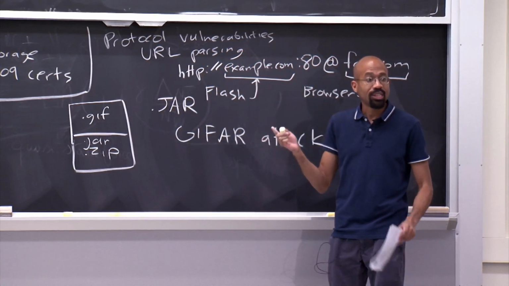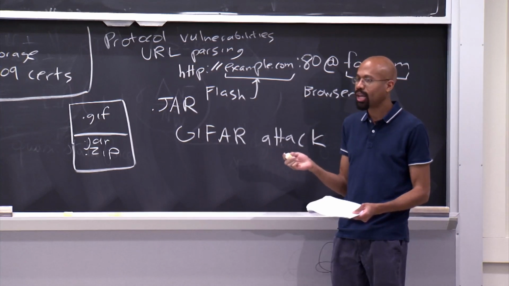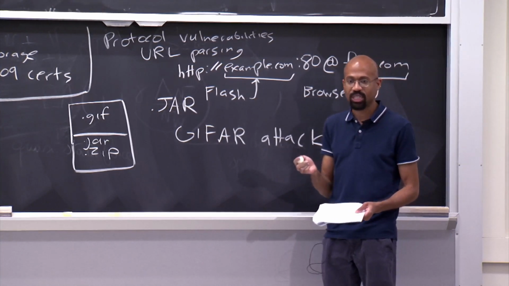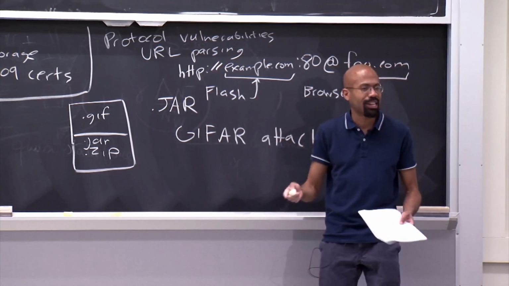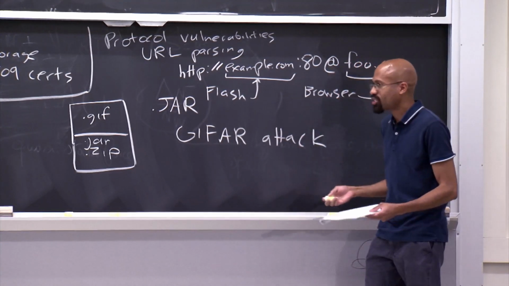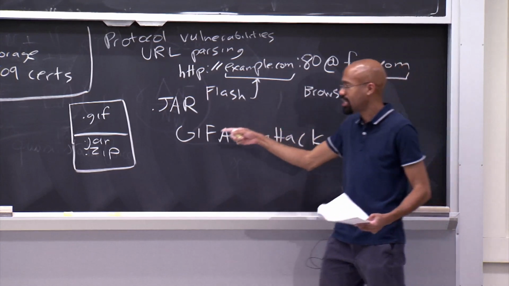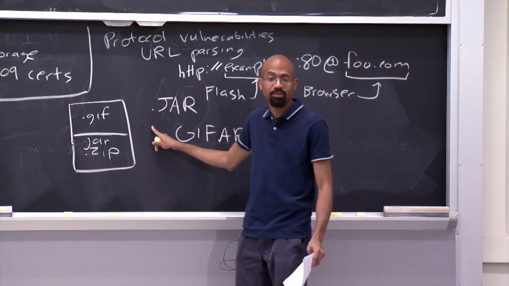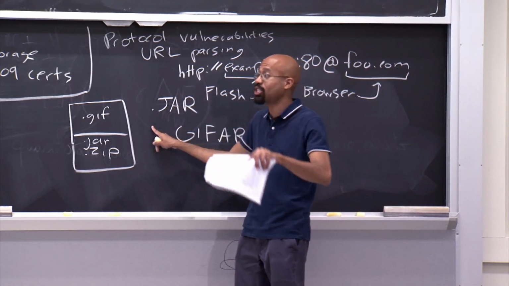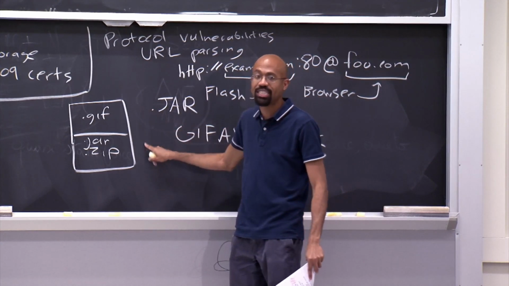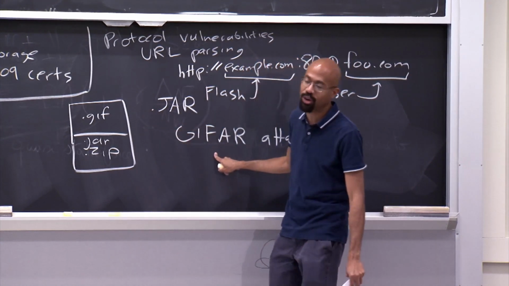And so what did this mean that you could do? Well, it's actually quite subtle. Because when people first discovered this, they thought it was amazing, they didn't quite know how to exploit it. But as it turns out, you can do things like the following. So first of all, how do you make one of these things? You just use cat. There's literally no trickery you have to do. Take this, you cat it, boom, you've got a GIFAR.